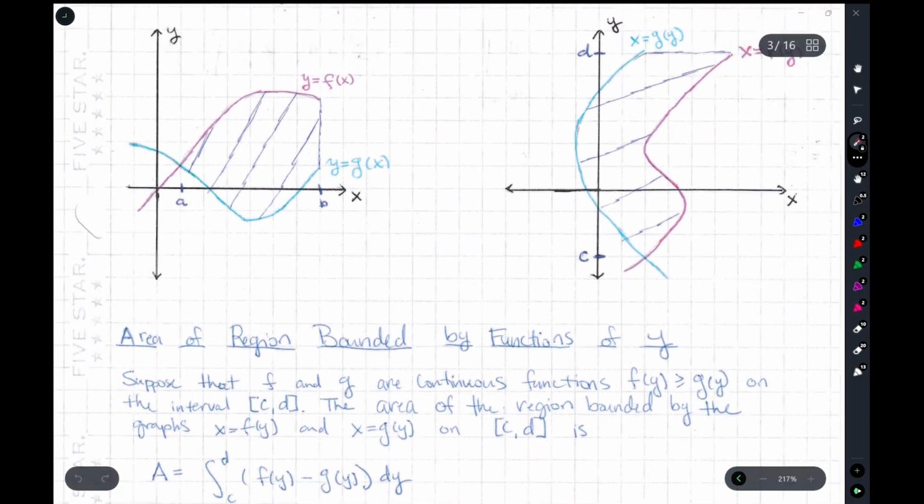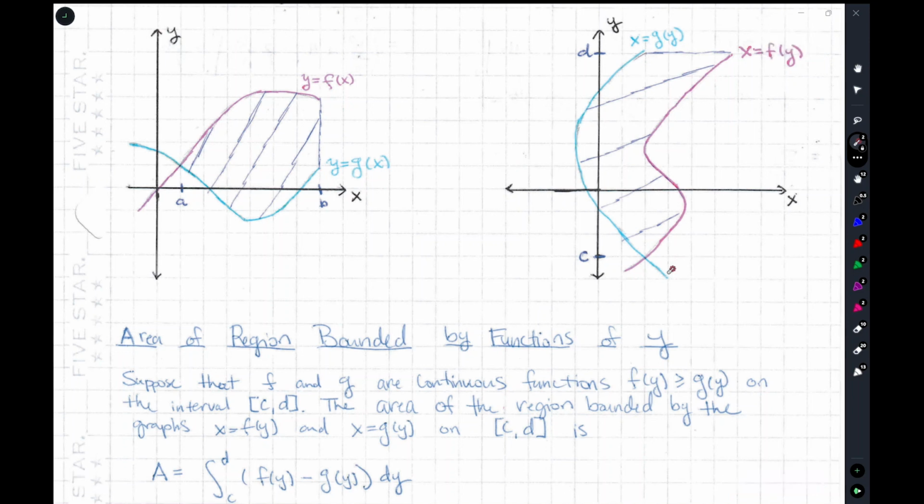And if you want the area of a region that we see on the right-hand side there that's described by a region bounded by functions of y, then again, assuming f of y is greater than g of y, which here that means f of y is more to the right than g of y, because x increases as you move to the right. So with f of y greater than g of y, you have this integral here, okay? And again, this works for functions in which x is negative. So over here, that's negative, but you do need to make sure that f of y stays greater than g of y on that